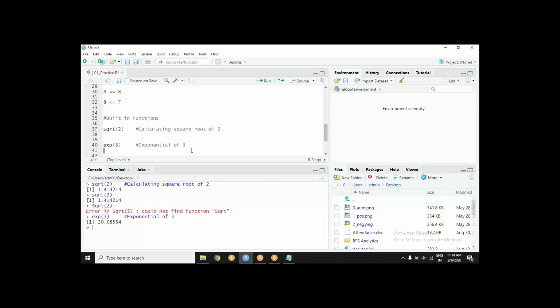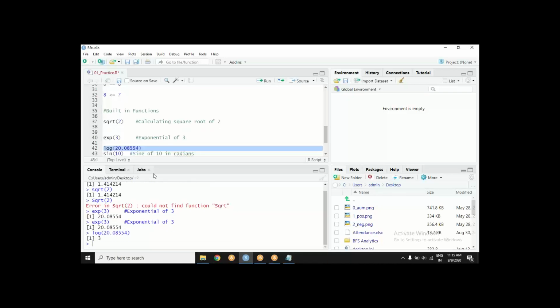R is supposed to be an interactive language. Log 3. It is not log 3. It is actually the anti-log of 3. If I take the log of this value, what happens?